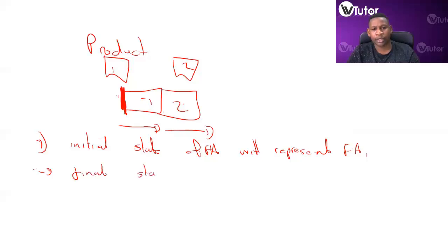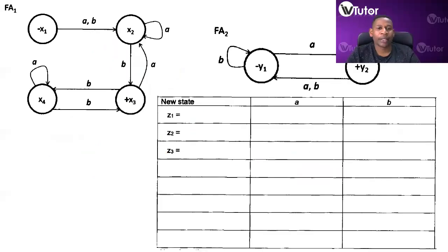Final state represented by FA2. So what this means is that when we build, the initial state Z1 will be equivalent to X1, right? And then